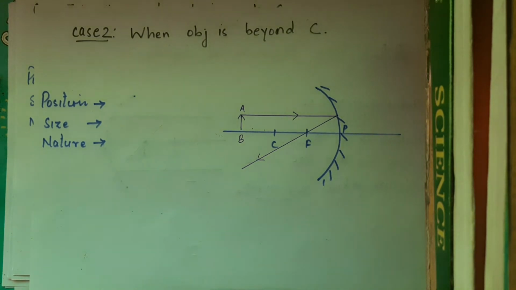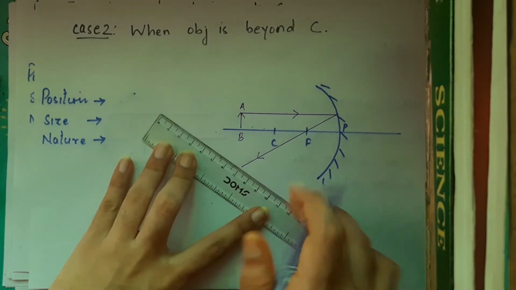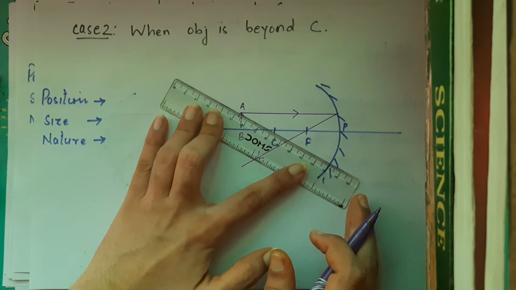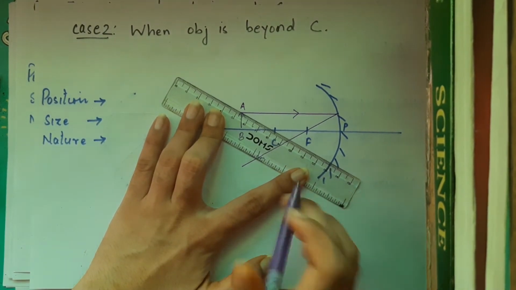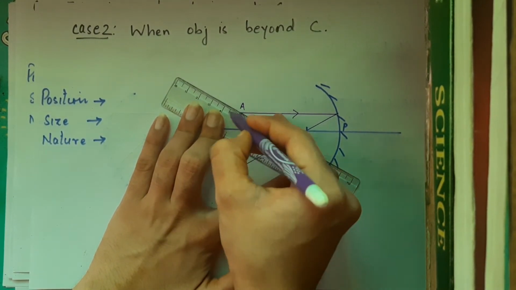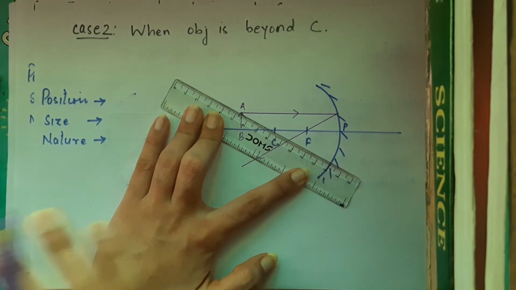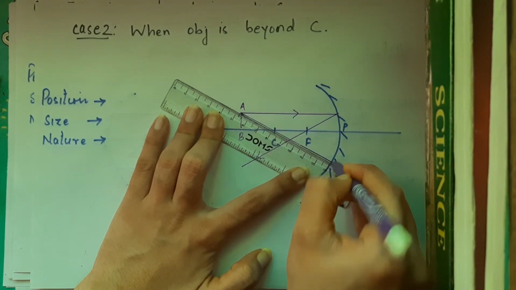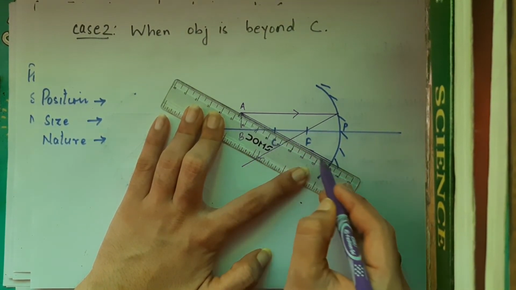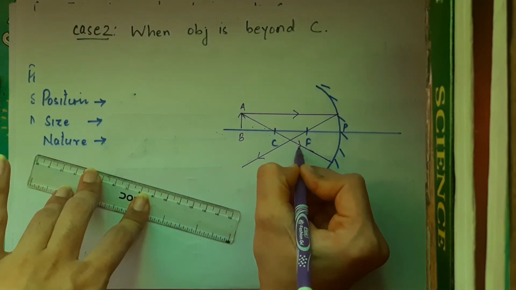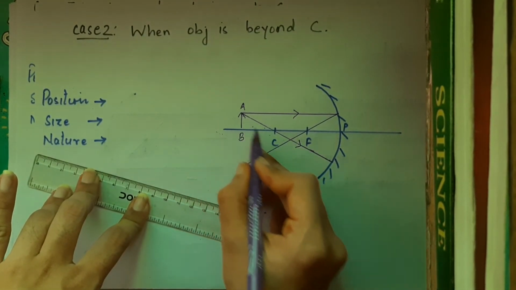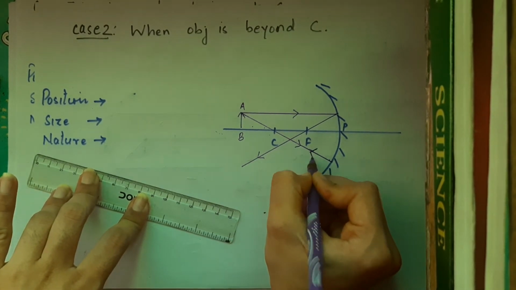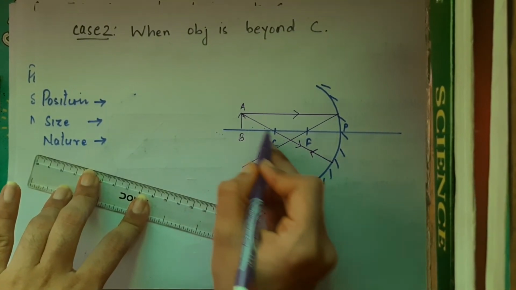of curvature, right? So easily I can pass a light ray which is coming from my object. You remember my object is a source of light. So one of the light rays can be passed through the center of curvature, and I'll do that. I'm not doing anything intentionally, I'm just following the rules. So the light ray will go like this, right? It will pass through center of curvature, it will go straight to the mirror. Let me make the arrows. Arrows indicate from where the light is coming, so the light is coming from here. And the rule says that after reflection, it will move back along the same path. So the light will go like this.